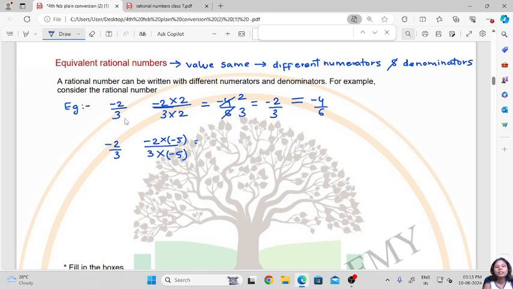So here I'll get 10 upon 15. So again, when I cancel this out, I'll still get 2 by 3. But in this case, I'll get 2 by minus 3, which is also equivalent to 10 by 15. Okay, so now